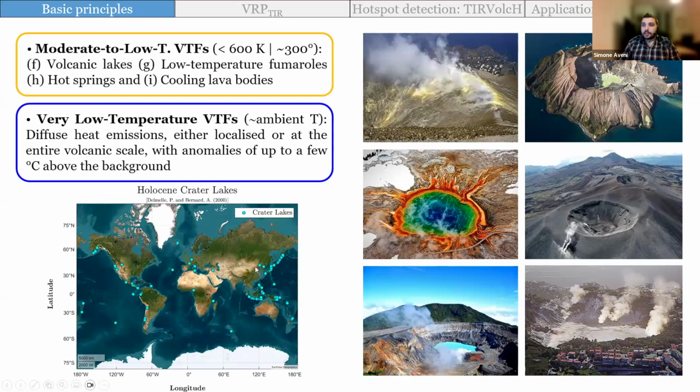Here you can see just two maps of the Holocene active crater lakes around the world and the fumarolic and geothermal areas. There's quite a few out there, and these indeed require extensive monitoring, because even if they are quiet at this time, we do not know what's going to happen next, and so we need to keep track of it. And most of them are placed in barely accessible locations where satellite information is the only surveillance source. So we need to find a method that allows us to keep track of these thermal features.